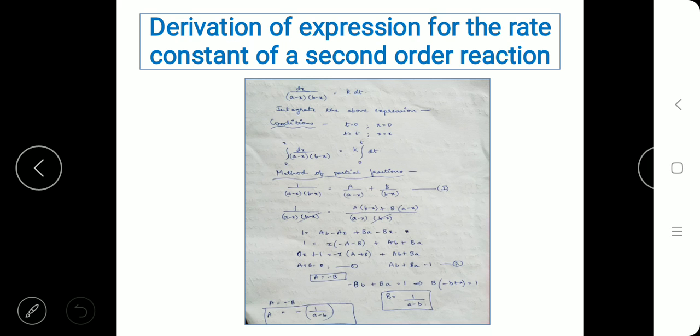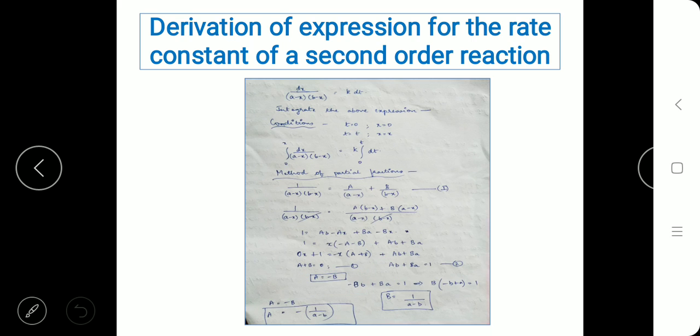Now A plus B is equal to 0. Since you can see here you have a term 0x and a term x into (A plus B), we equate these two terms and write A plus B is equal to 0, and that is nothing but A is equal to minus B. That is expression 1. Now on our right side we equate AB plus BA is equal to 1. That is expression 2, and we are going to substitute A is equal to minus B in this equation 2.